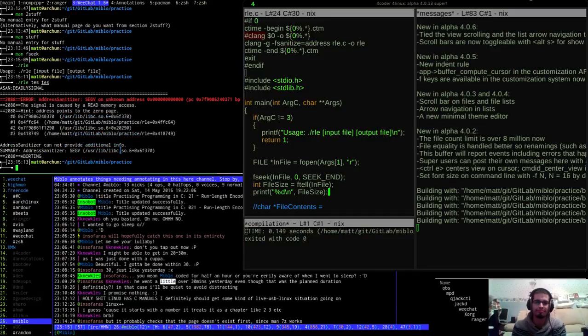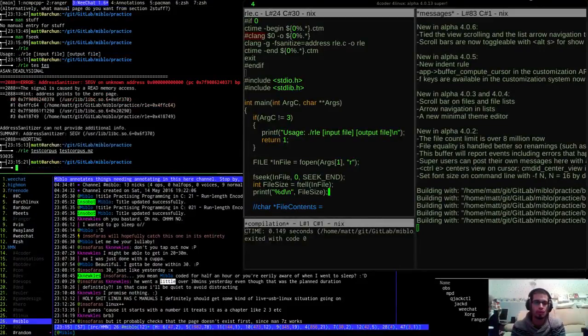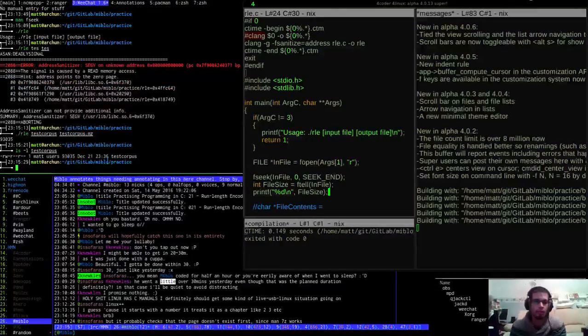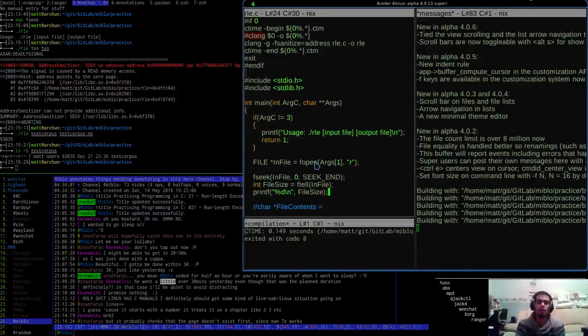Oh, of course. Right, okay, cool. I'm presuming that's correct. Yeah, awesome. Right, so I've got the file size.